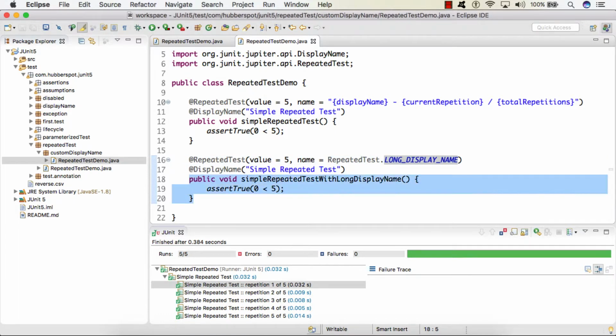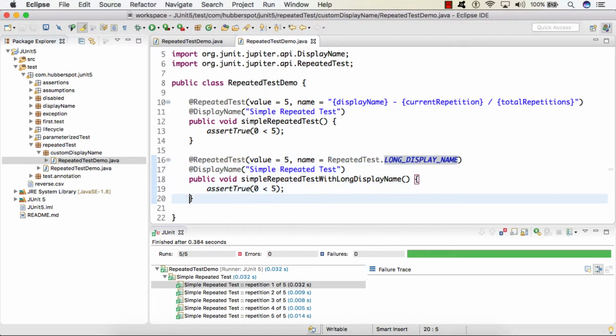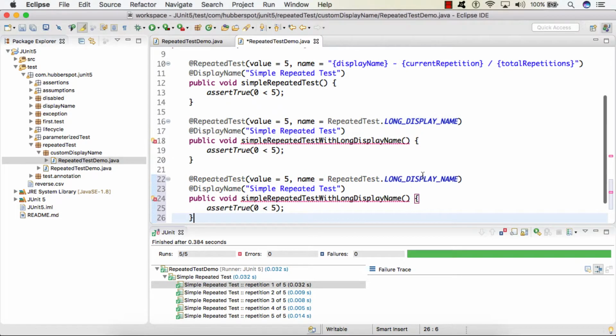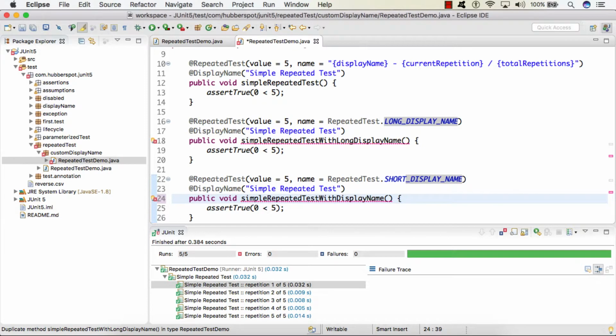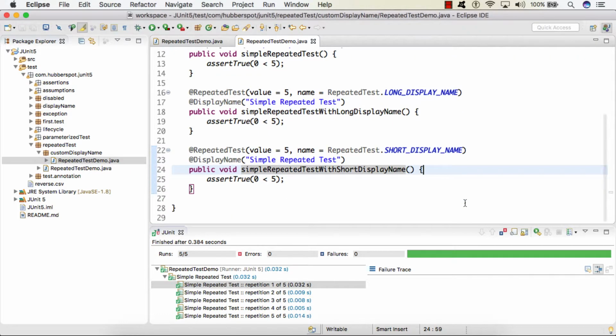There is also a short display name. So I'll simply copy this and paste it below. Short display name. And here I will simply change the method name to simple repeated test with short display name.